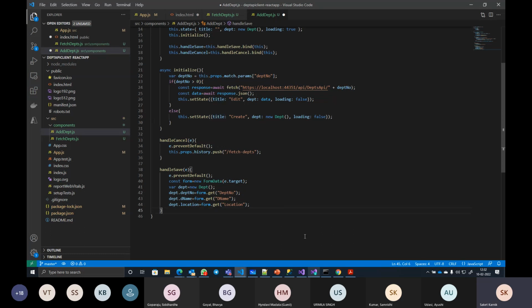So I hope the whole code is understood here. Yes? Sir, we aren't doing anything in handle save. Like we are just creating an object. So like we will be using some push or like we will be doing that. It's not done yet. Okay. Just wanted to make sure you have understood the code till now. Yes or no?